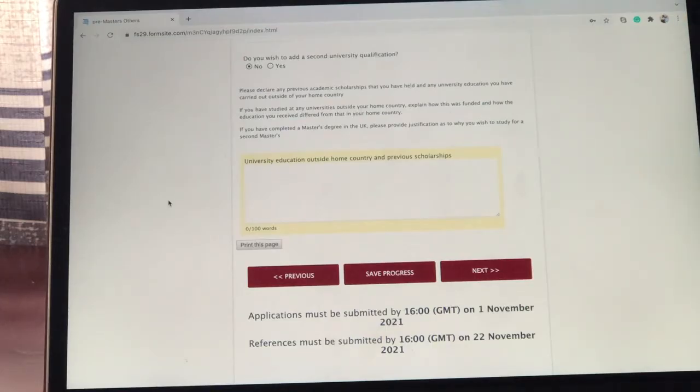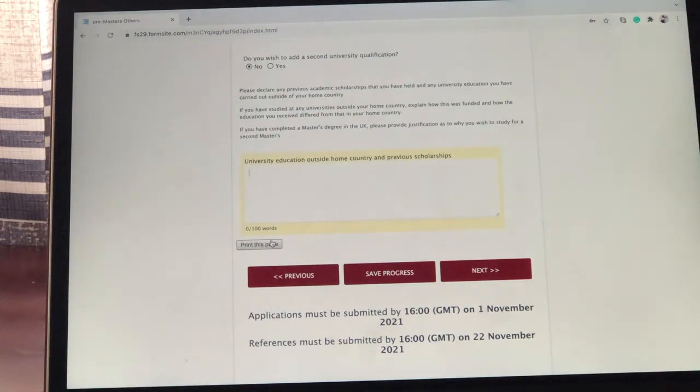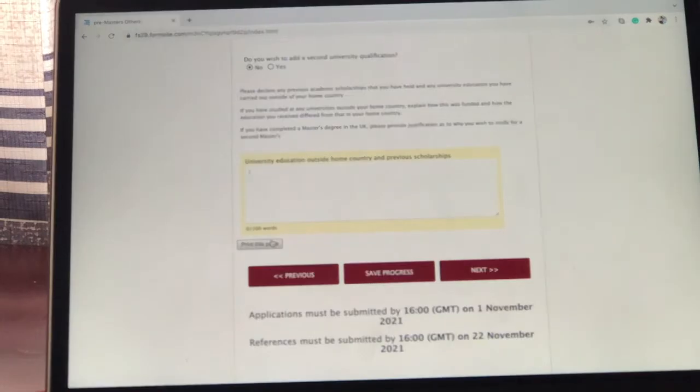So anyways, let me just tell you briefly what you can include here. What you can start with, because it's limited, it's only 100 words, so you have to be careful. That is in terms of word selection. You can say in 2016 I got this scholarship to study biological sciences at the University of this in China, in Japan, in US. And unlike in Uganda, or unlike in Nigeria, or unlike in Ghana, maybe the level, you have to show what's really unique about the education there.